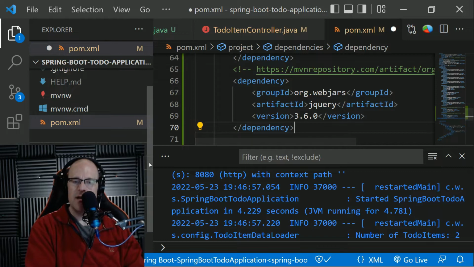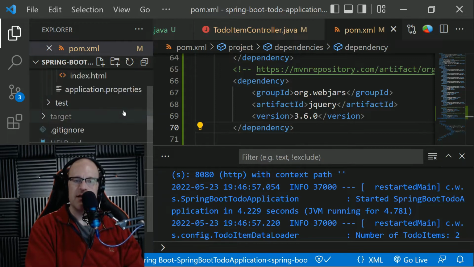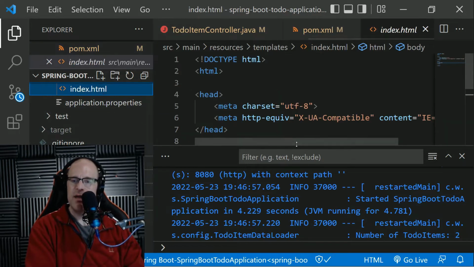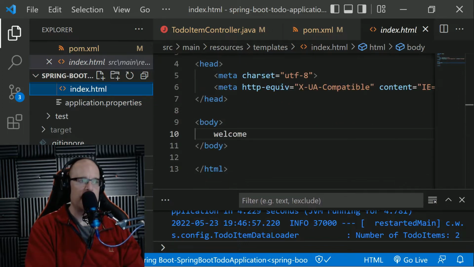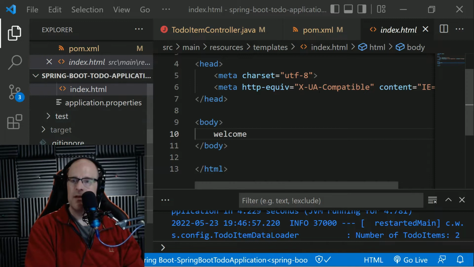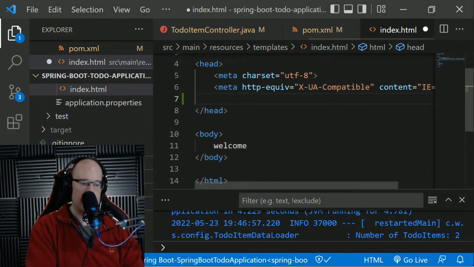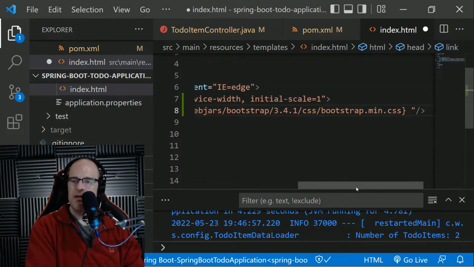So when you save this and when your project pulls in these WebJars, we can then reference them from our index template. So let's go back into the index template, and I will show you. Let's do this, cut and paste. Okay, so